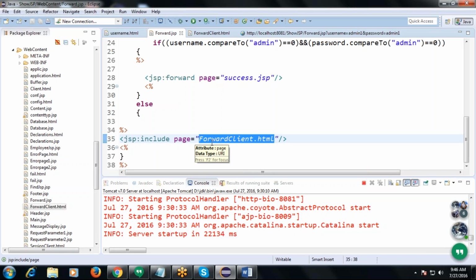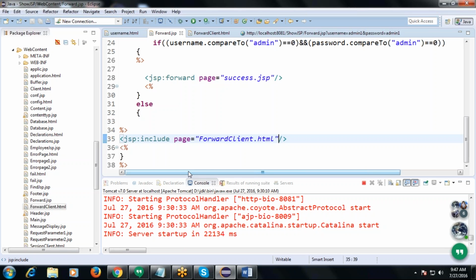Yes, Chandra, tell me. Like using include, can we even give some other page name, like success.jsp? What happens if you give success.jsp in include? I guess it will show in the same page.